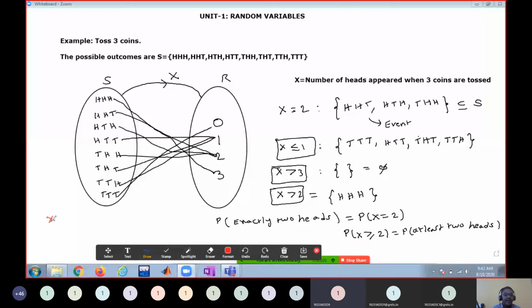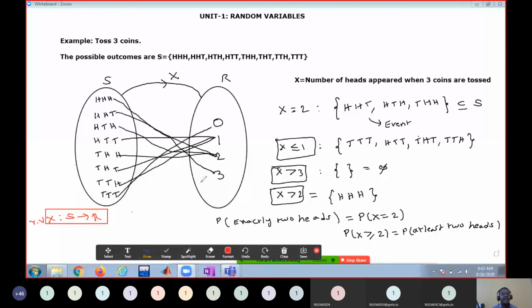X is a function defined from the sample space to the set of real numbers. Simply we call it as R.V. Actually, we should call it a random function, but conventionally it is written as random variable. So the random variable is a function defined on the sample space.